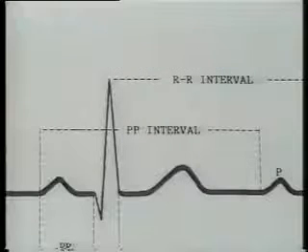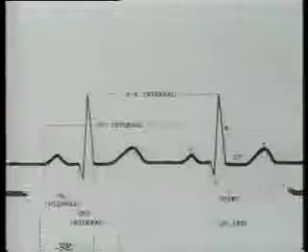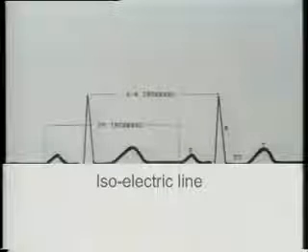Under normal circumstances, the RR interval and the PP interval are both equal. In a normal ECG, the PR, ST and TP segments are at the same horizontal level and form the baseline or the isoelectric